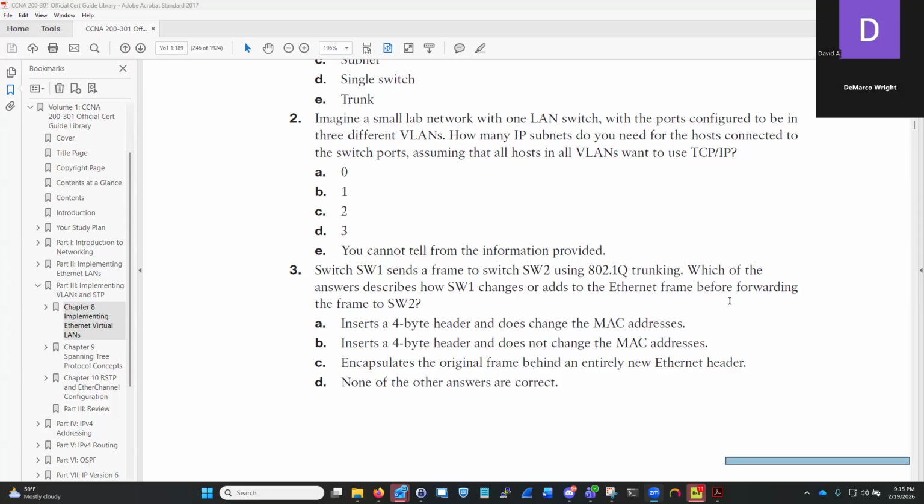So it says it's the header of... I don't know why it's saying 6 byte, but